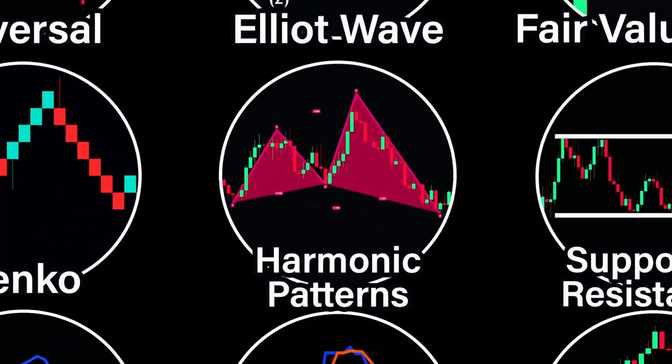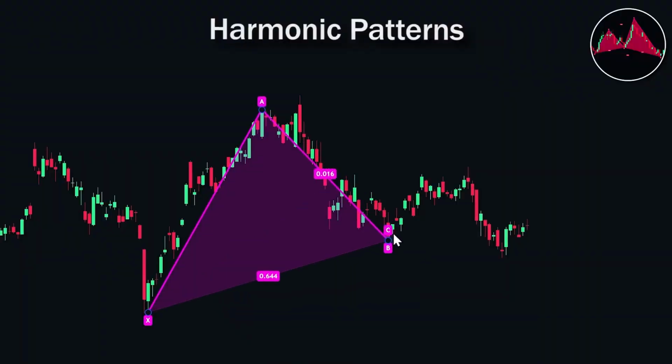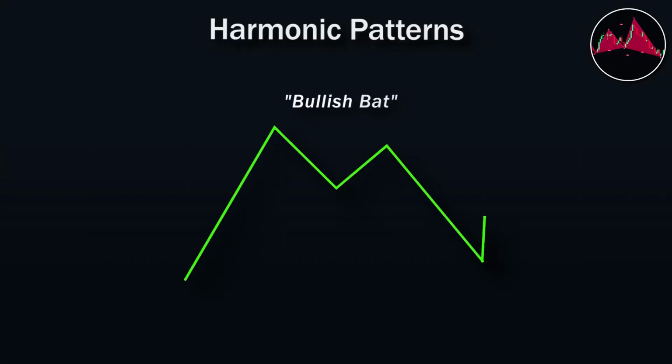harmonic patterns. These are advanced price patterns that follows a specific shape based on Fibonacci numbers. Traders can then use these specific shapes to predict future price movements. For example, a bullish bat pattern is formed when price makes a series of 4 movements that is shaped like the letter M. Each point can be labeled as X, A, B, C, and D, and each of these points